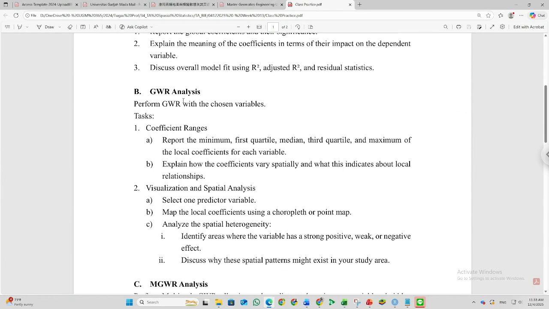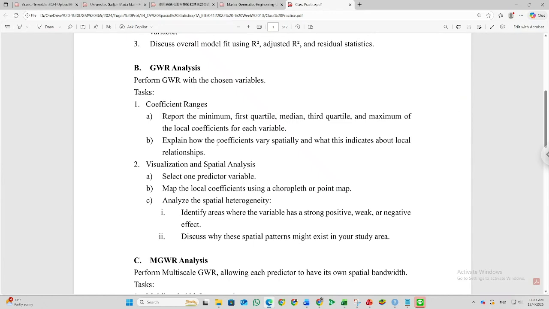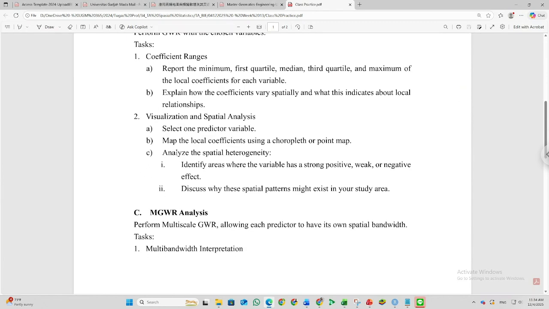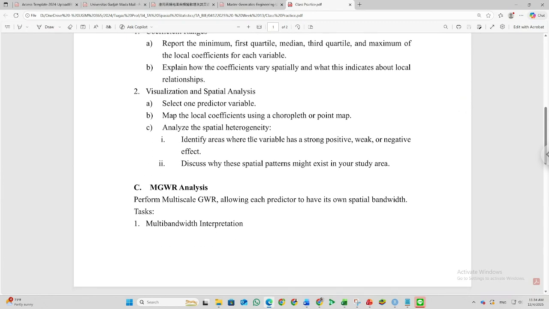And for the GWR, because the coefficient has a range, you can report the coefficient range, explain how the coefficient varies spatially, indicate the local relationship, and visualize. You can select one predictor variable, or all of the predictor variables, and then visualize and analyze the spatial heterogeneity.